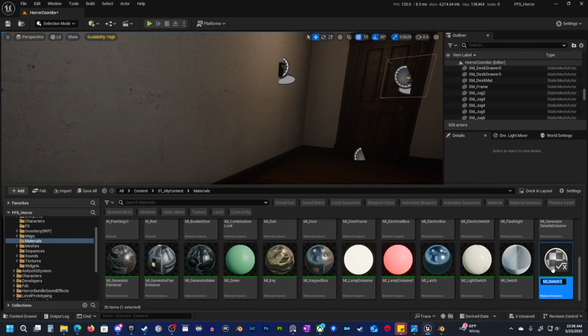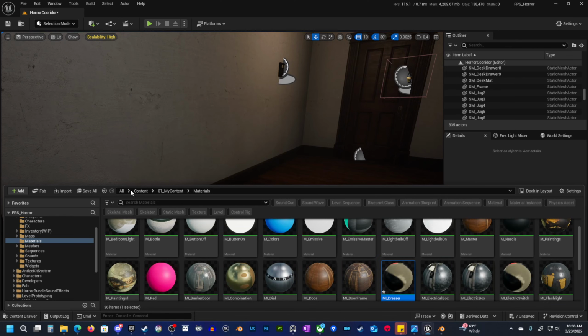master material, you can check, I don't remember which video we created that in. It's a very, very basic master material. I'll try and find the video and link it, but it's literally just 3 textures that we're using here. So we're just going to call this MI dresser. Okay, and then